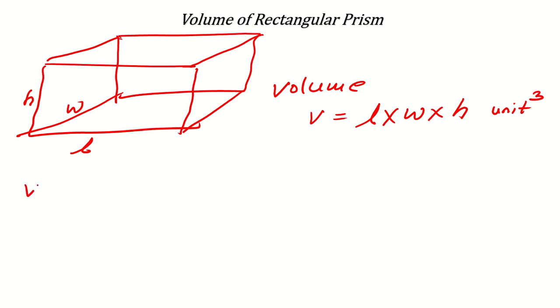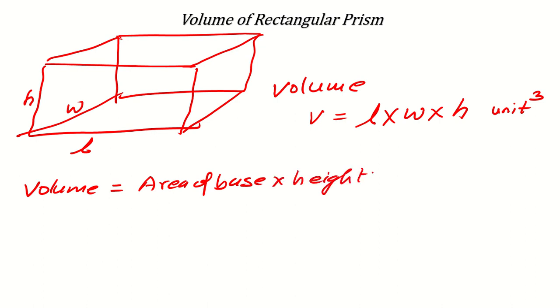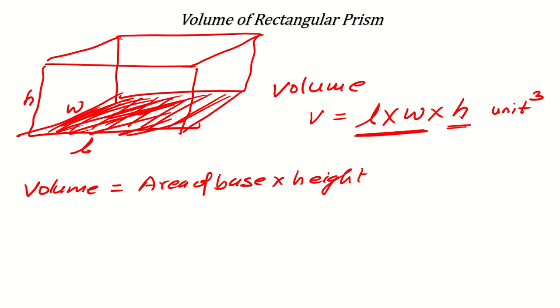You can have volume for a rectangular prism or for any prism equal to area of base multiply by height. This is the common formula for all the prisms, not only the rectangular prism. So area of base means length multiply width, because here this is the base, and it will be in the shape of a rectangle or a square. So its area will be length multiply by width, and you can find it easily,